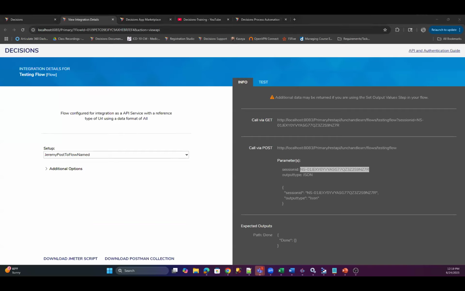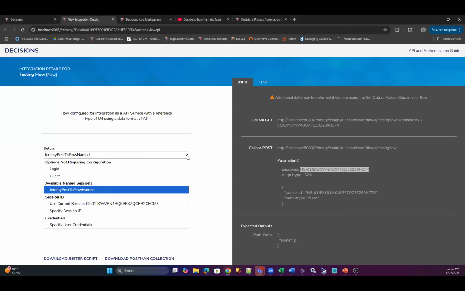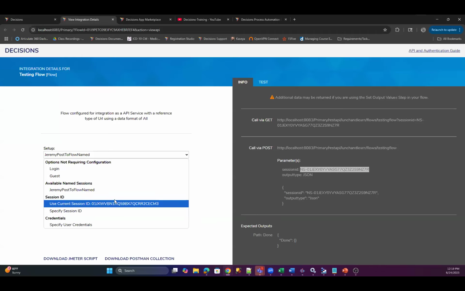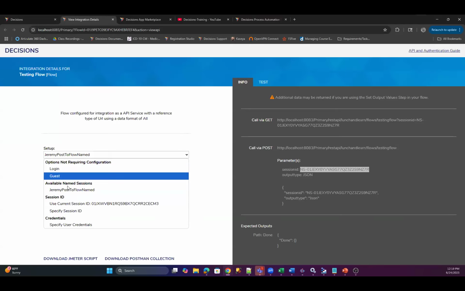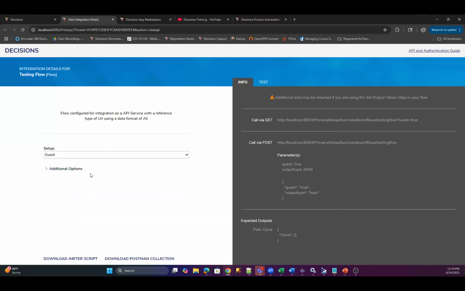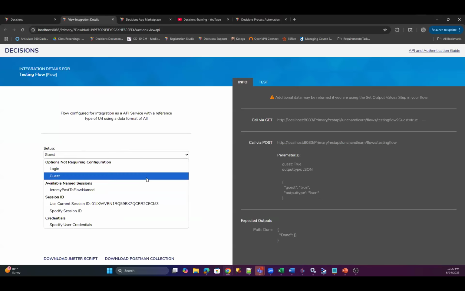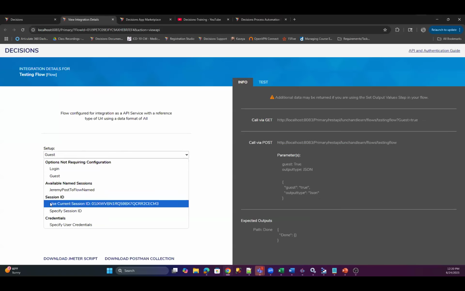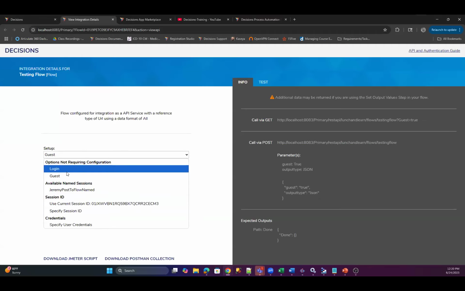So there are only two ways to create this kind of REST endpoints, right? One is the session ID based and one is the login based. Is there any other option available, like something like OAuth? Those are the main options, and the most popular ones are going to be the named session. Sometimes we'll see someone use a guest option to allow a guest account to access this, so that a user doesn't necessarily have to log into Decisions or connect with an account specifically. But yeah, those are the main options, to use some kind of session, or to have someone